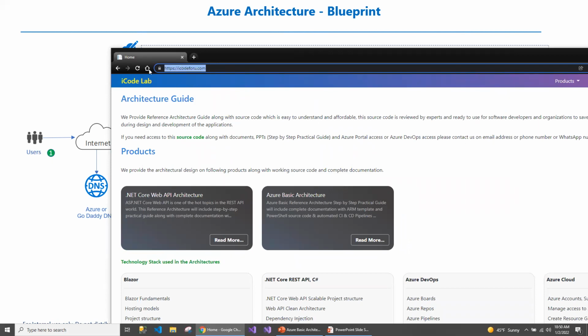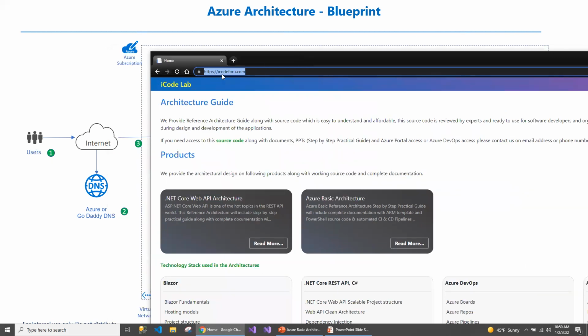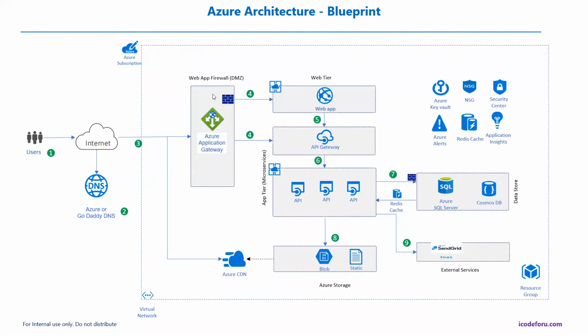When the user enters the URL in the browser, that URL is sent to the DNS registrar, where the DNS mapping between the URL, the custom domain, and the public IP address of the web application gateway is resolved by the DNS registrar.